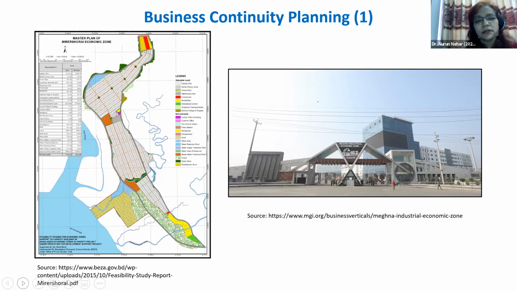Just two pictures which you can see in the slides are the two zones where we want to pilot the BCP, the Business Continuity Plan. One is the area called Meghna. This is near Dhaka, the capital area. This is the private sector there, and also here on the left side we have another area called the Mirsarai industrial zone, and you can see it is already developed there.